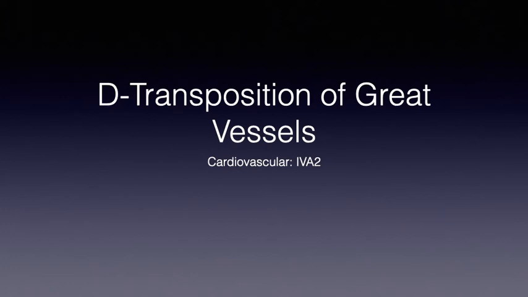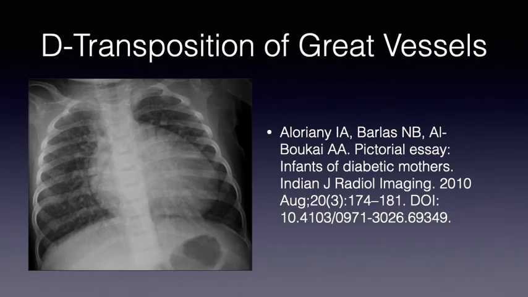This lecture will be on some heart topics, namely a congenital heart defect called dextrotransposition of the great vessels, where the aorta and the pulmonary artery, those two are great vessels, are switched from their normal positions. To begin to understand dextrotransposition of the great vessels,